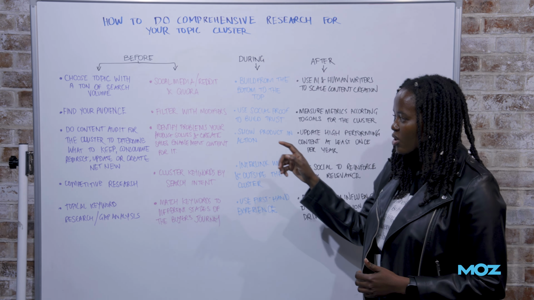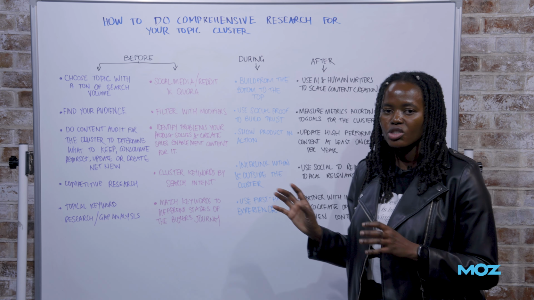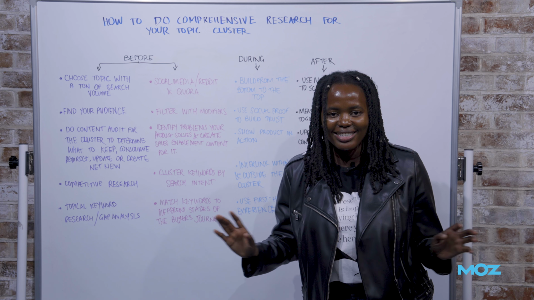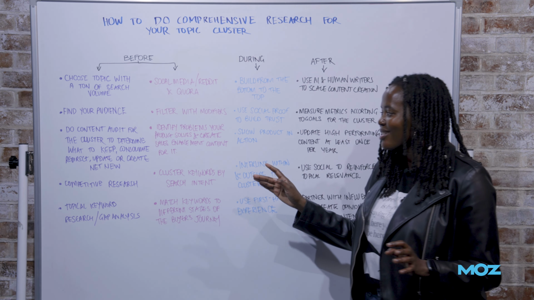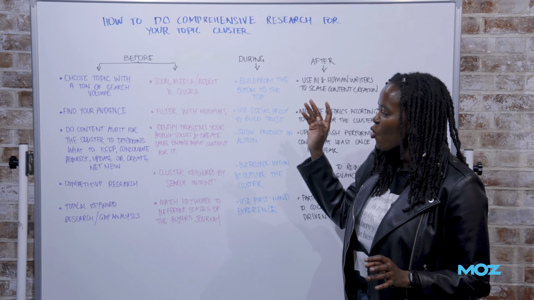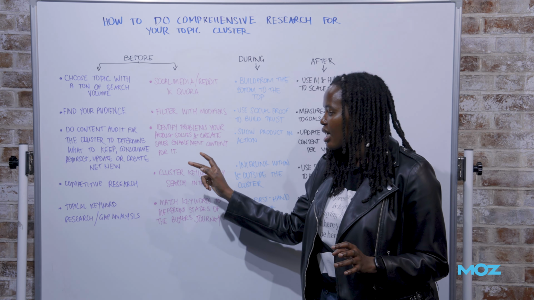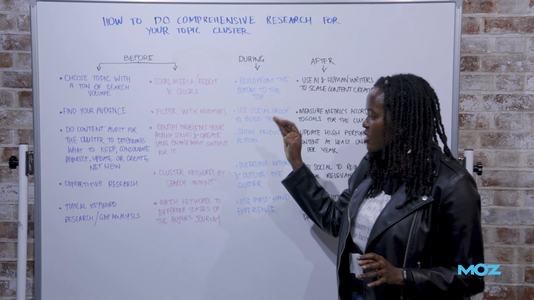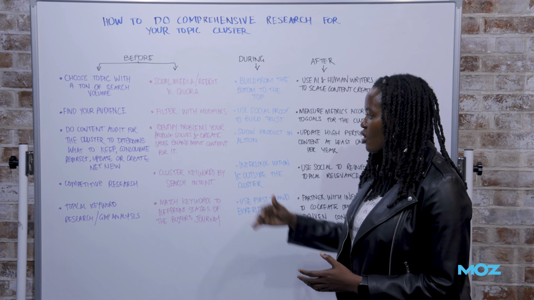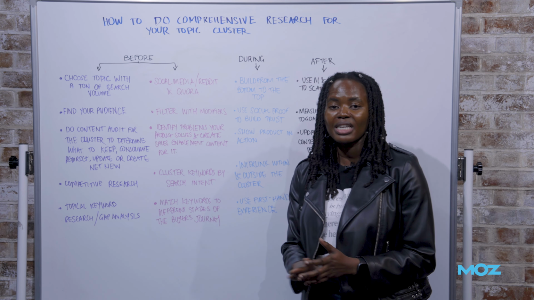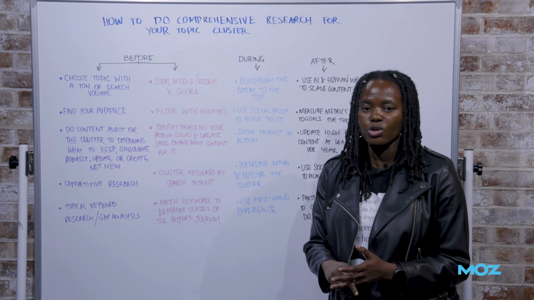Next step is to do a content audit. Now, just to be clear, we are doing a content audit just for this cluster. We are not doing a big site-wide content audit here. When you do your content audit, we are looking for what do we want to keep in the cluster, what do we want to consolidate, redirect, update, or create net new. Now, here's the rule I usually use for myself. What I like to keep is content that is performing really well, content that people are still reading, that is getting some really good clicks.